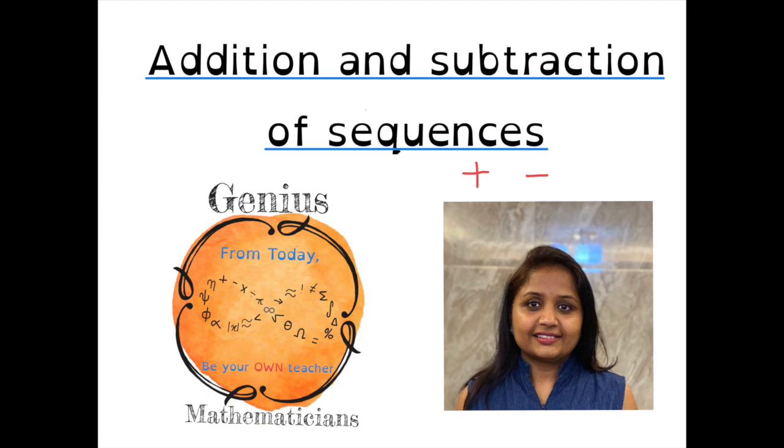Hello mathematicians. Today our topic is addition and subtraction of special sequences. I will help you to solve them with a special method, and that will be very helpful for your exam